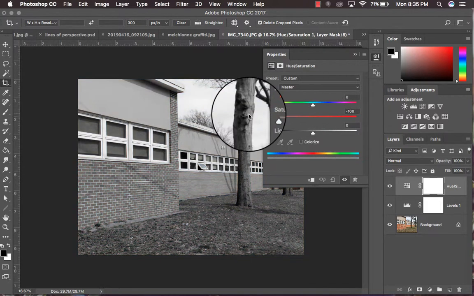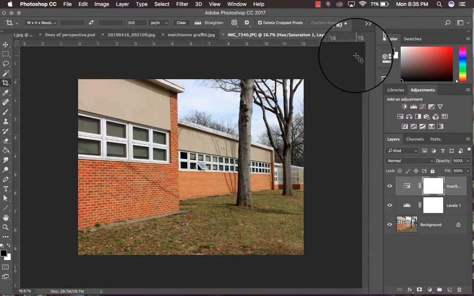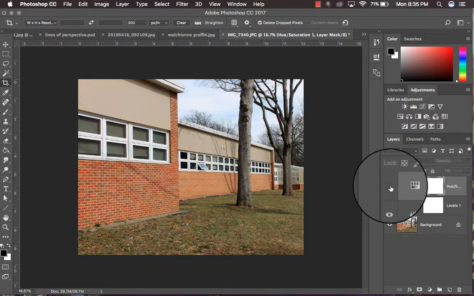I wouldn't do black and white this way. I'll show you another way to do black and white, but you know, maybe you want to increase the saturation and just have your colors pop a little bit. So now, you know, you can see a little bit more blue in the sky, a little bit brighter green in the grass. Gives it a little bit more life. Okay, so when you're happy with that,